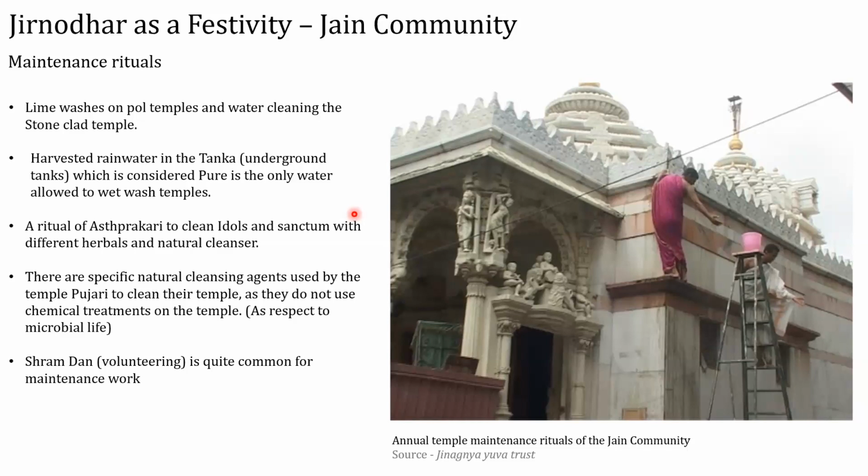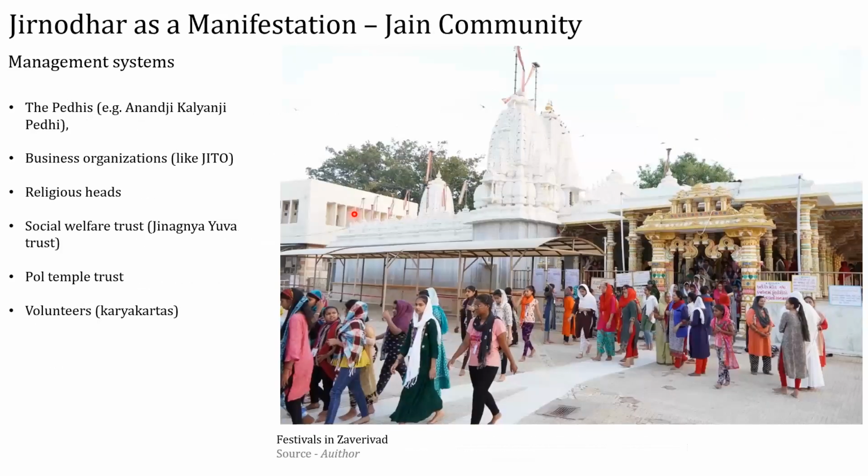So they don't use chemicals for cleaning. They use all the natural stuff that is available. And then there are the different management systems that have been put in place, like the PADs, Anandji Kalyanji PD. These are the all India, pan India kind of trusts that help smaller trusts